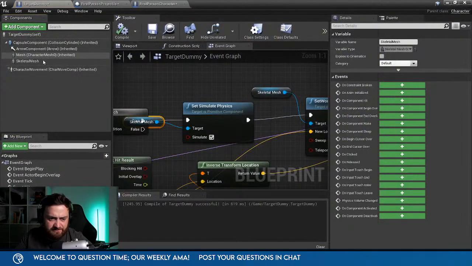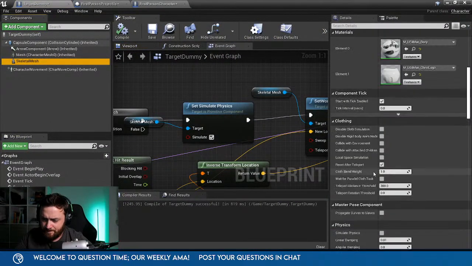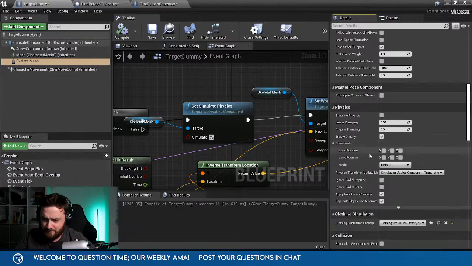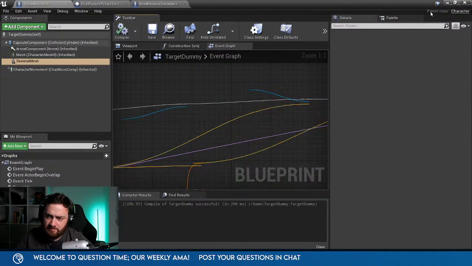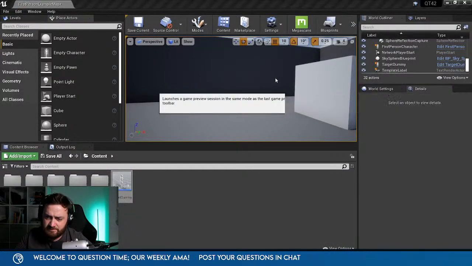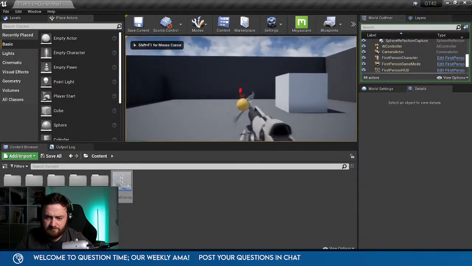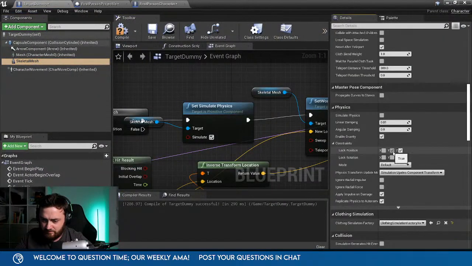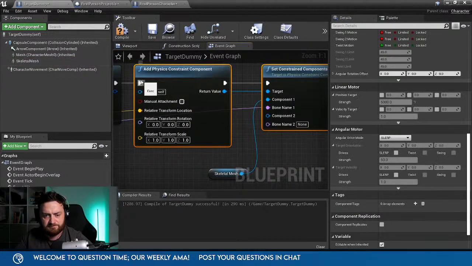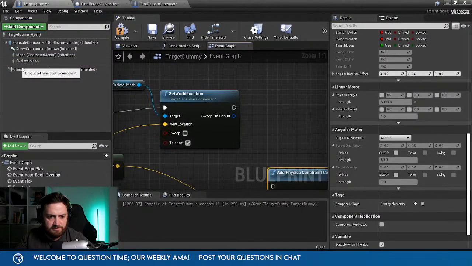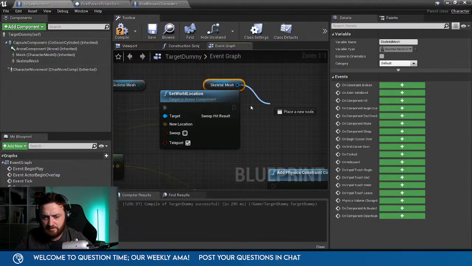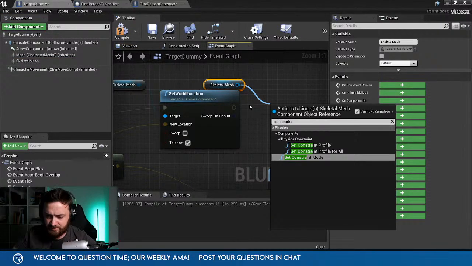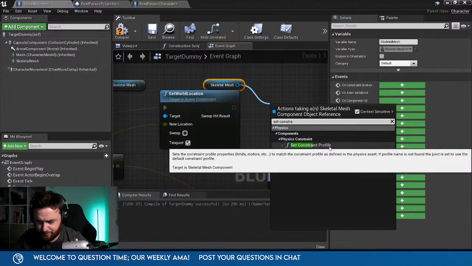What if I told its physics to lock the position in the YZ? That affect all the bones? I've done it with a skeletal mesh before like that. Oh, yeah, issues there. So if I turn that on over here rather than constrain it. Skeletal mesh. Set constraint profile.